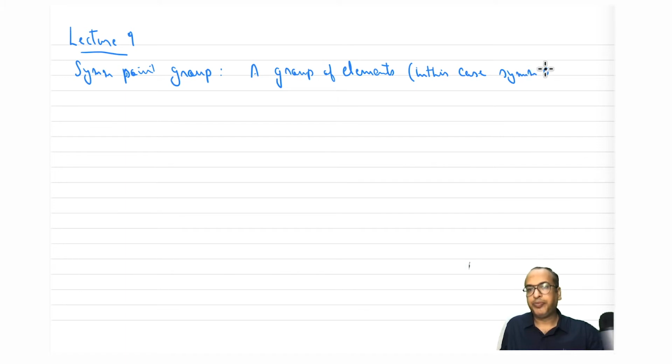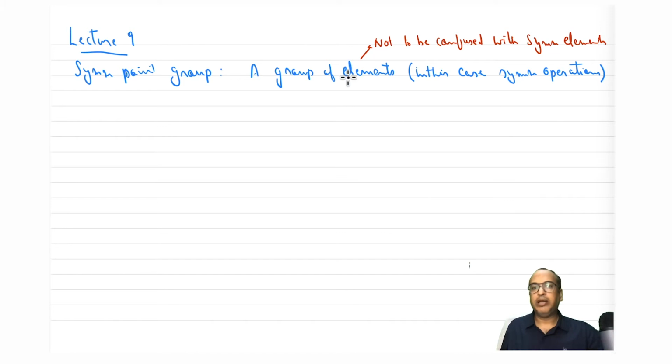Symmetry operations. So elements are not to be confused with symmetry elements.